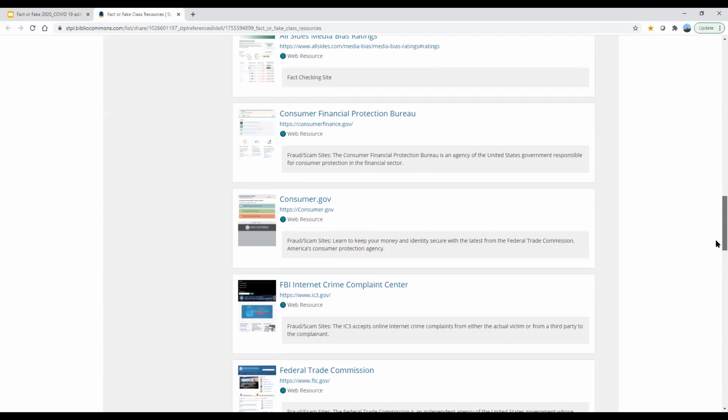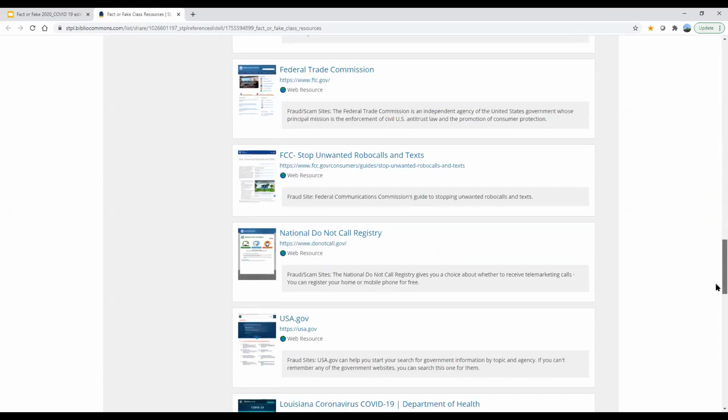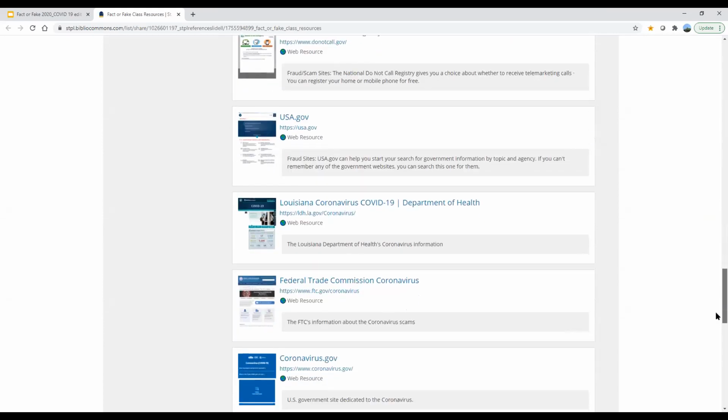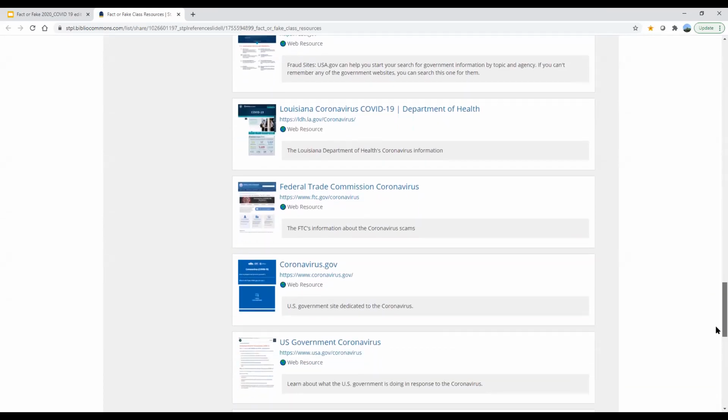Then there are some fraud and scam sites. The Consumer Financial Protection Bureau, consumer.gov, the FBI Internet Crime Complaint Center, the Federal Trade Commission website, the Federal Communications Commission website for unwanted robocalls and texts, the Do Not Call Registry, USA.gov, and then there are some coronavirus websites, so the Louisiana Department of Health,